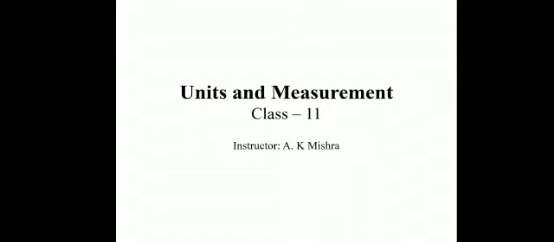In today's class, we will see when two separate properties, for example, the length and breadth of a rectangle, have errors in their measurement, and we calculate the area, which equals length multiplied by breadth. When we multiply two properties, add, divide, or subtract them, how do the errors combine? That is what we are going to see in today's class.